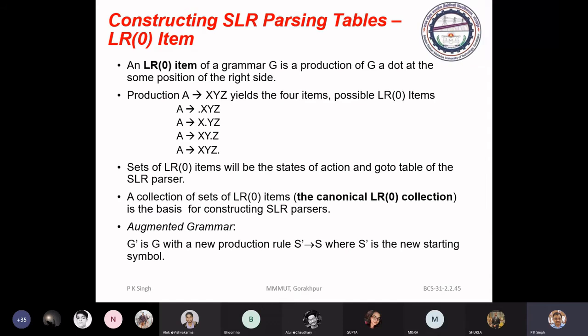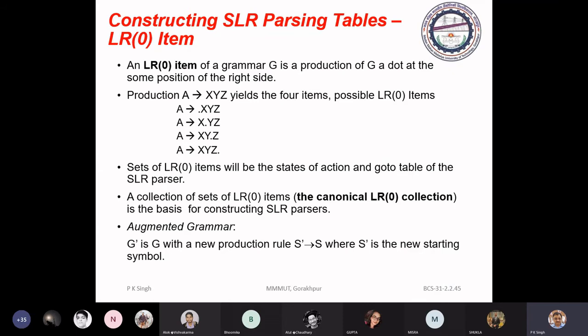State means the state of the parser. The state on top of the stack will be the state of the parser. So what does it mean? I will just explain it.